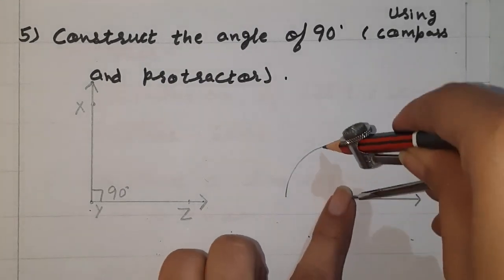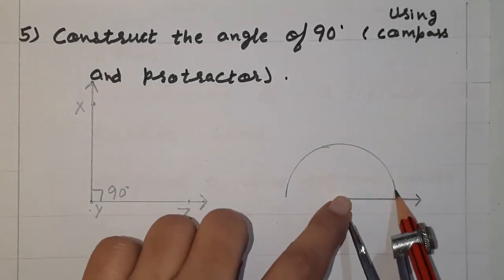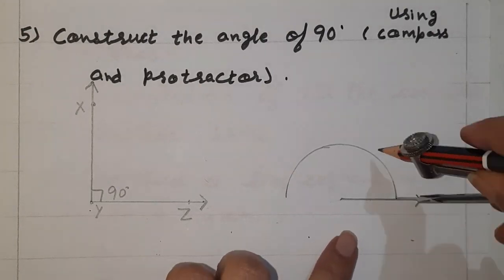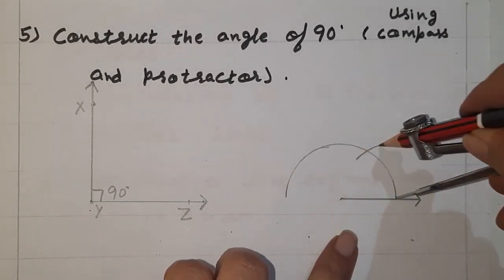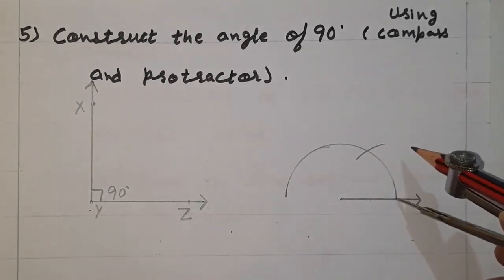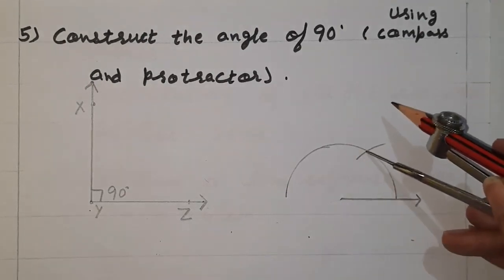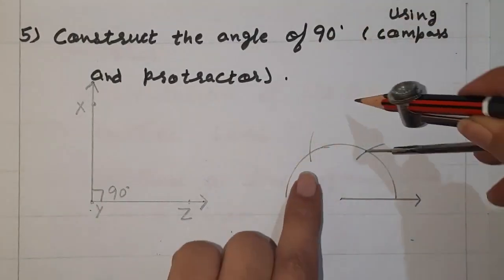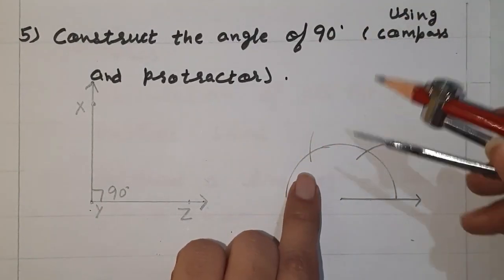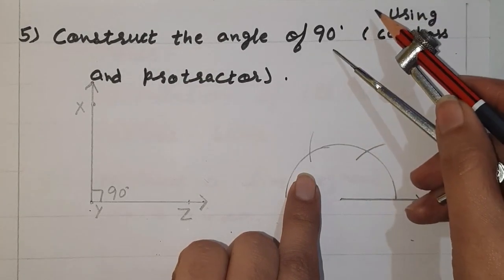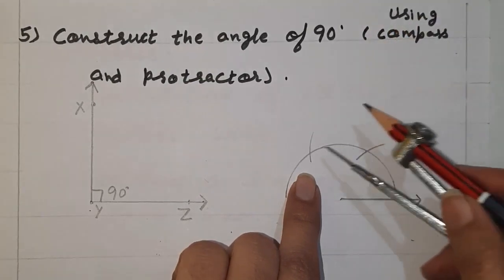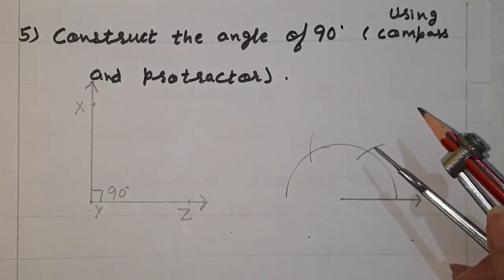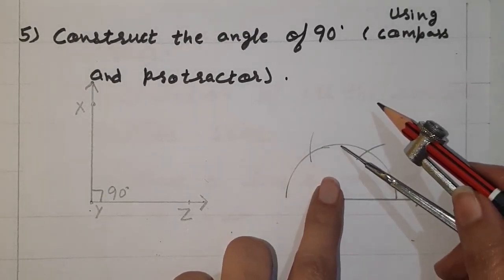Be careful, okay? Like this. Draw an arc. Now this angle is of 60 degree. First arc is showing the angle of 60 degree. Now it is 120 degree. Beta, you have to construct an angle of 90 degree. So 60 and 120. If we are doing bisector of this 60 and 120, we will get 90 degree.